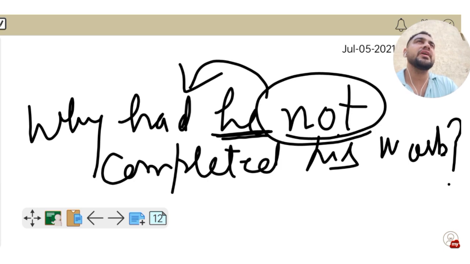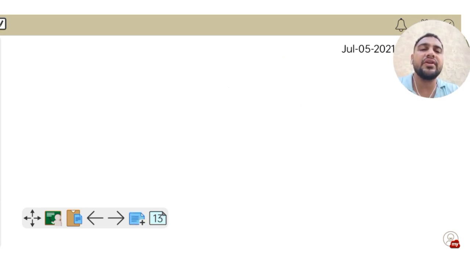Suppose the question is starting with the helping verb, the answer will be yes or no. But when we have any WH word beginning any sort of interrogative statement, whether it is a negative interrogative or the interrogative itself, then the answer would be in different terms. You can give the reason, you can talk about a thing, you can talk about time, depending upon the kind of WH word we are using in the statement. Suppose we are talking about when had he not completed his work, then we are talking about the time. So it depends upon the kind of WH word we use when we make a statement in the past perfect, in case of interrogative, negative interrogative, whatever it is.